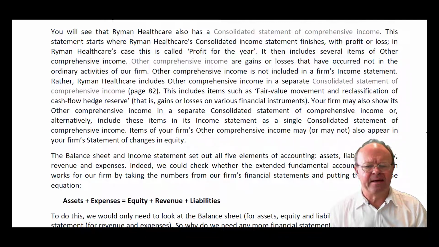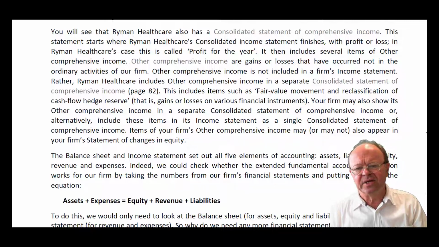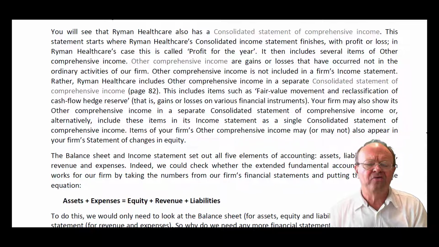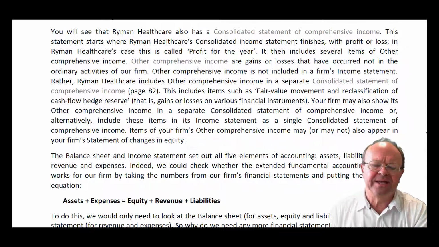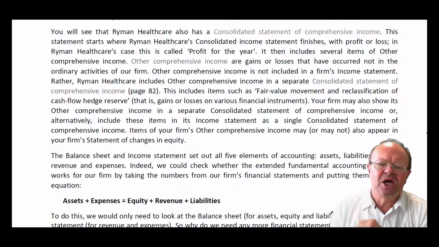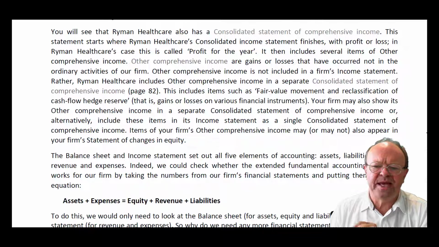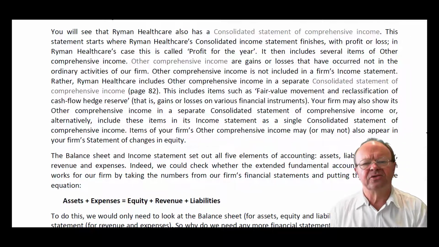Other comprehensive income are gains or losses that have occurred not in the ordinary activities of our firm. Other comprehensive income is not included in a firm's income statement. Rather, Ryman Healthcare includes other comprehensive income in a separate consolidated statement of comprehensive income, page 82. This includes items such as fair value movement and reclassification of cash flow hedge reserve, that is, gains or losses on various